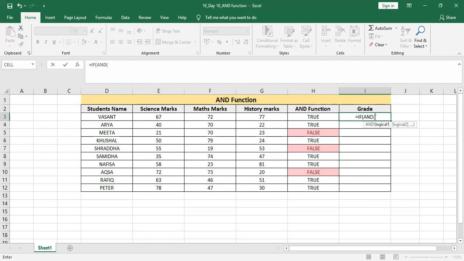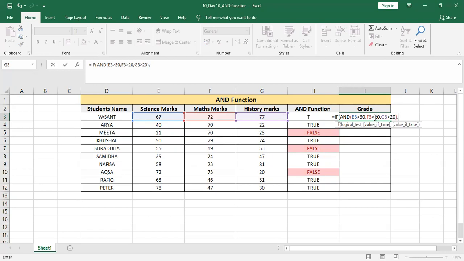My logical will be the same, so we can use the same logical. My science marks should be greater than 30, comma, my maths marks should be greater than 20, comma, my history marks should be greater than 20. Now my logicals are completed and I have completed the AND function. But now we have to ensure that the people who are getting true results, or who are fulfilling the conditions, should get distinction.